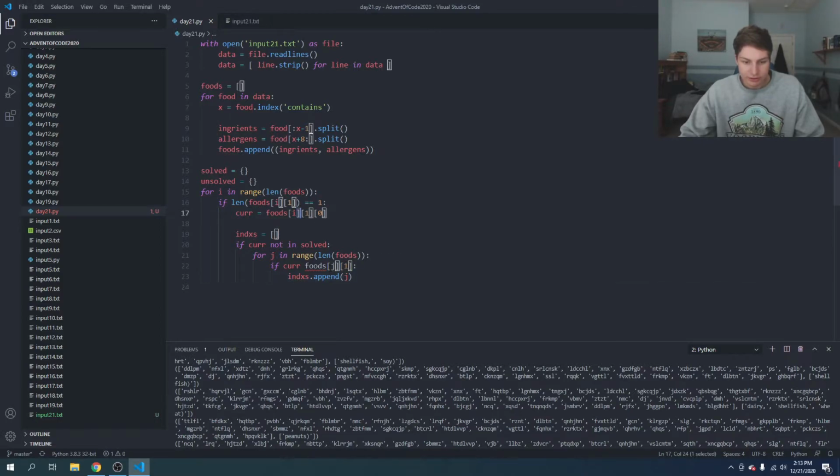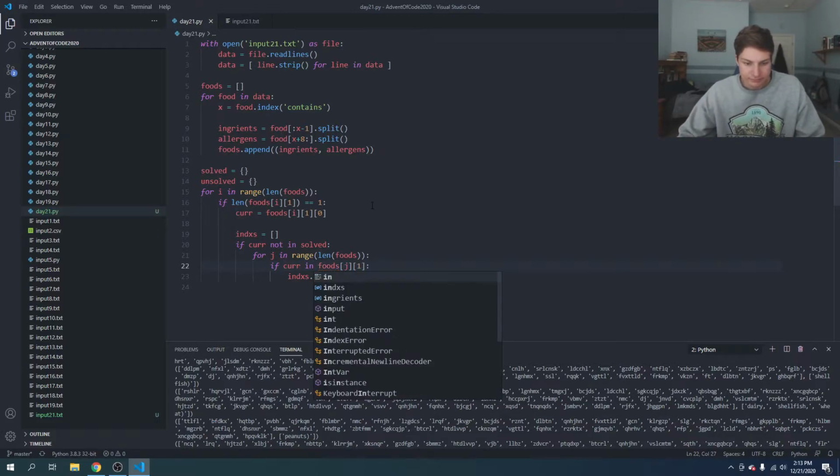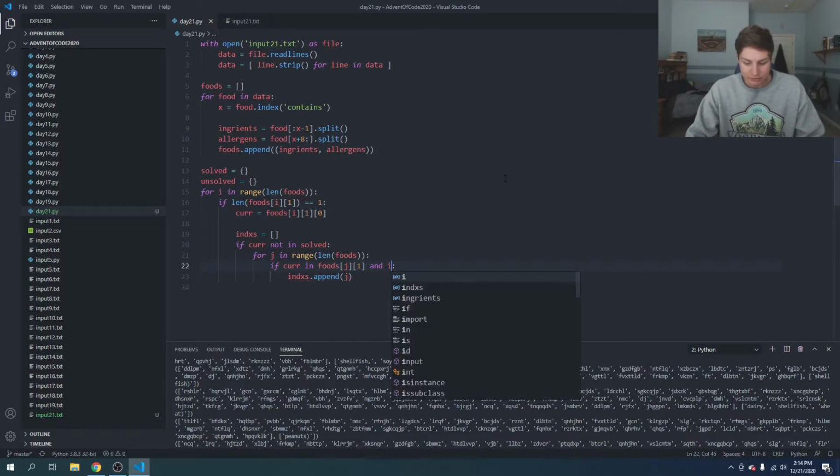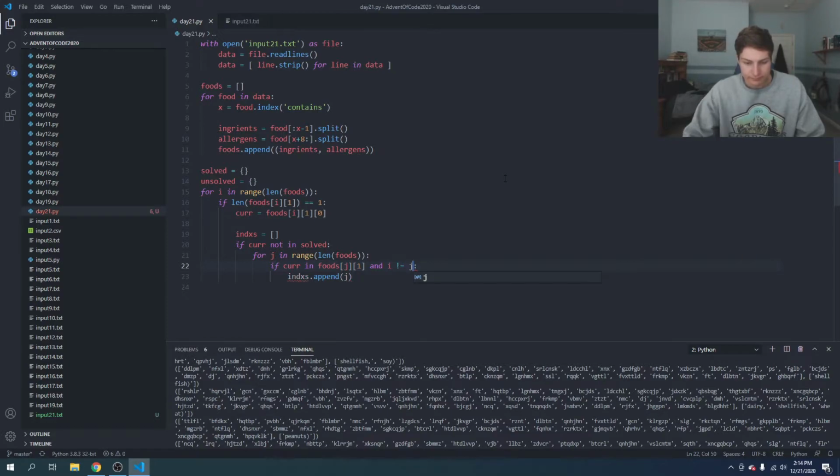And we also want to make sure that the index that we're looking on is not the same, because obviously they're going to be the same, but we don't want to check that a certain food, or if an ingredient comes from a food, we don't want to check the same food twice. So indexes dot append j,